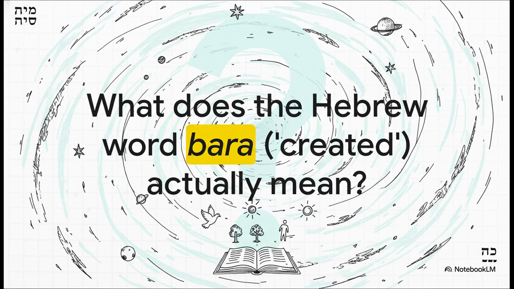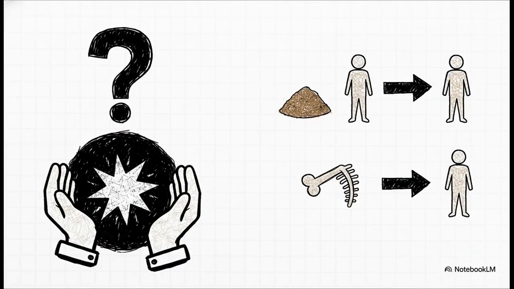All right, so with that in mind, let's apply this kind of discipline to one of the most significant words in the whole Bible, bara. It's the very first verb in Genesis, translated as created. So, what's the real story with this word? A really common idea is that bara means to create something out of absolutely nothing. But when you look closely at the text itself, it kind of pushes back on that idea. For one thing, it uses another word, asa, which just means to make, for the same event. Plus, it says humans were made from stuff that was already there, dust, a rib.